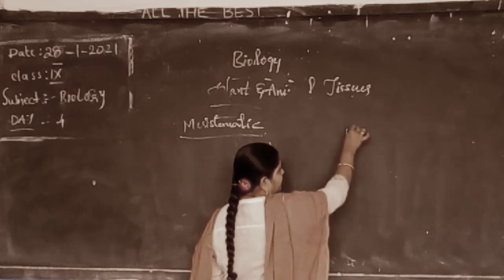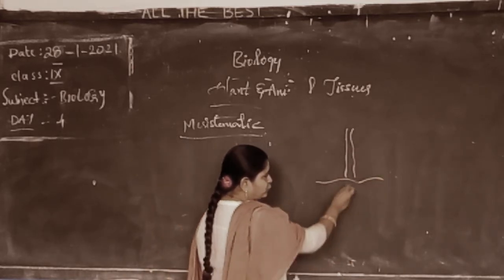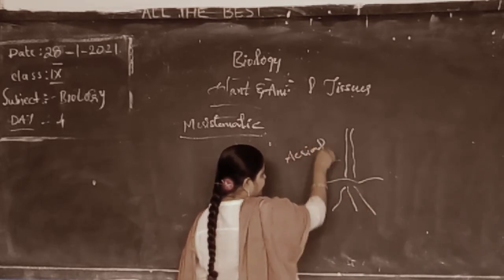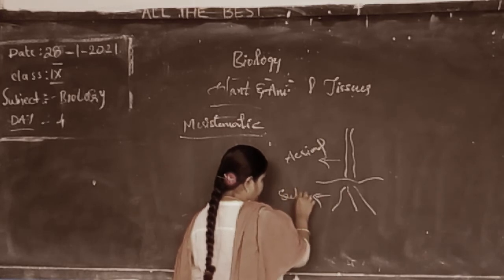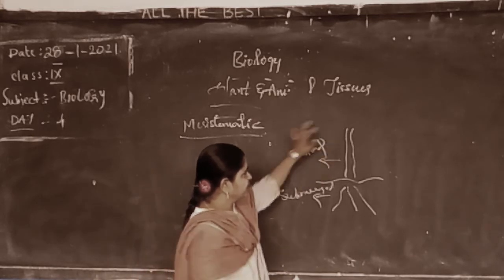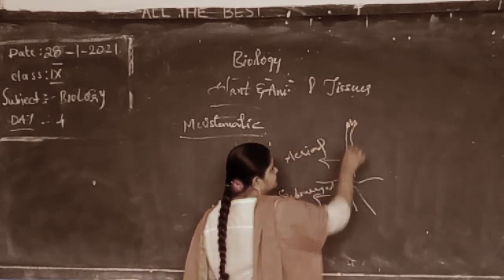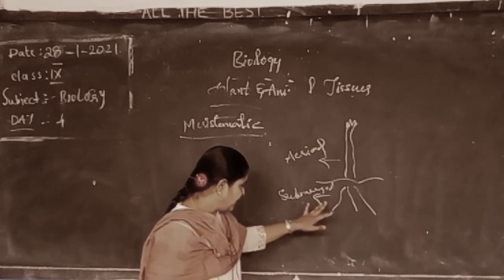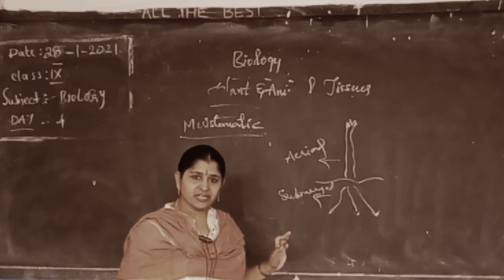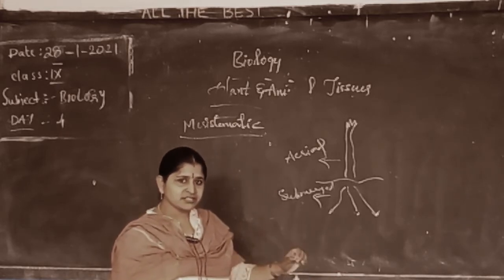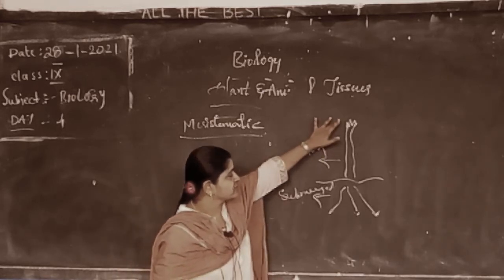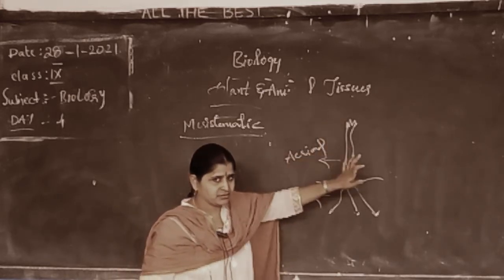If you see the plant body, it is broadly divided into two regions. The first one is the aerial part of the plant, and the second one is the submerged part of the plant. The aerial part increases in size by the shoot tip, whereas the submerged part increases by the root tip. The root tip and shoot tip are the active regions of the plant body, isn't it? So in these active regions, more and more development will be there, right?